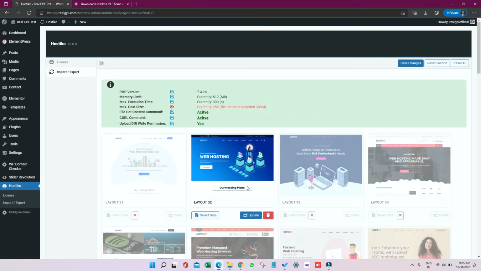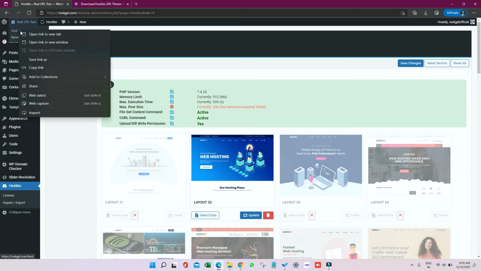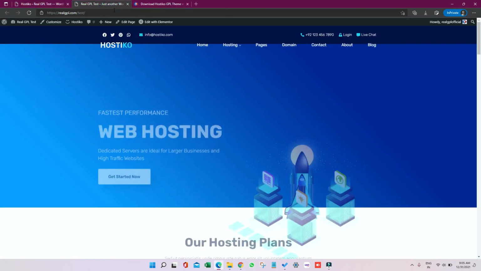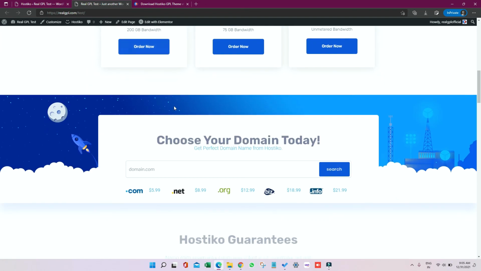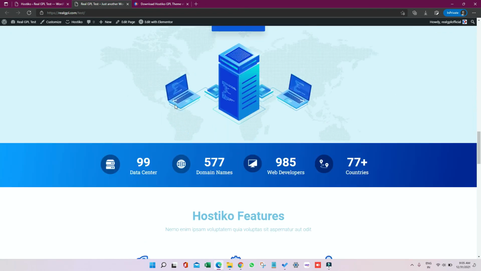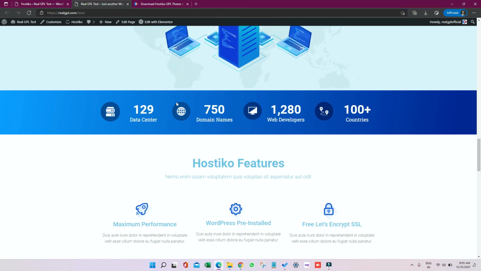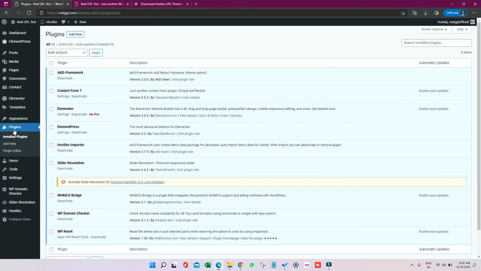So once the demo is properly installed, let me check it in a new tab to see if everything is coming appropriately or not. So you can see like, yes, everything is coming as per the demo and it looks amazing. So I think you got the clear idea, like if you have to install Hostico theme and its demo, what's the process? The one thing that we did extra here, like we have installed a plugin. So the plugin name was Hostico Importer because the activation is inside that. So we have to install that manually. Once installed, they will not ask for activation again. So I think it is clear to you.